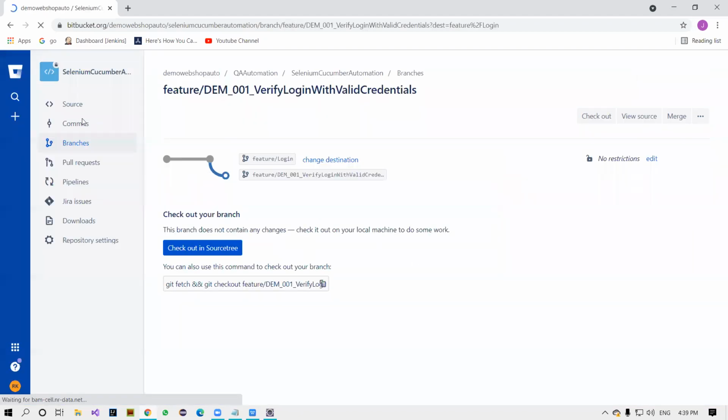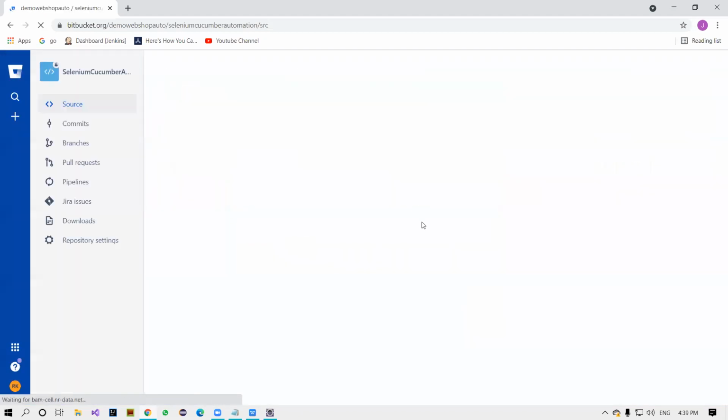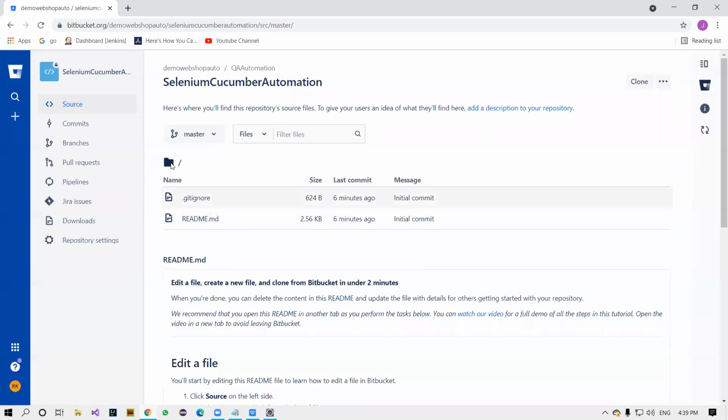Your branch is created here. Now I'll do one thing. I just created the branches over here. That's fine, good. Now I want to clone this branch in your local machine. For cloning, we already discussed it in part 1, and this is the part 2 tutorial, and how we used to clone the repository in your local machine.